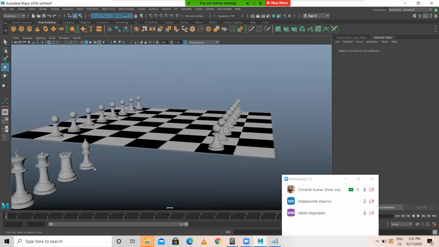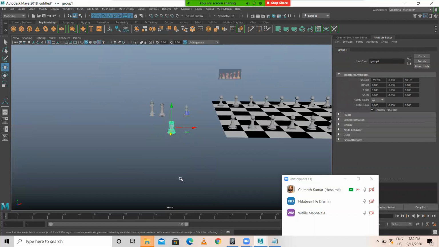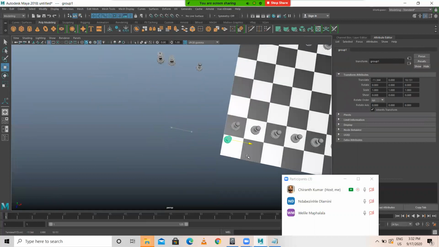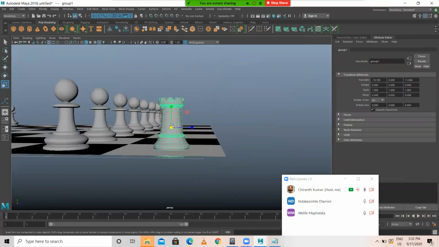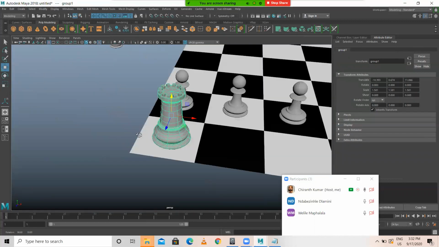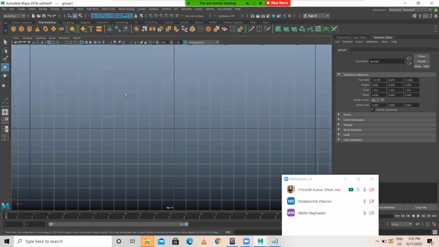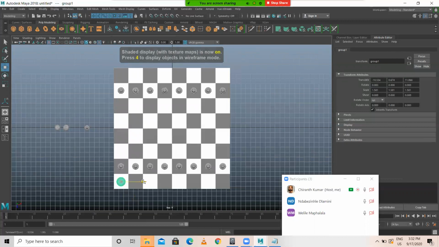Then select this group. Just place this here. So I'm gonna increase the size of this. So just place it here. So I'm duplicating this.